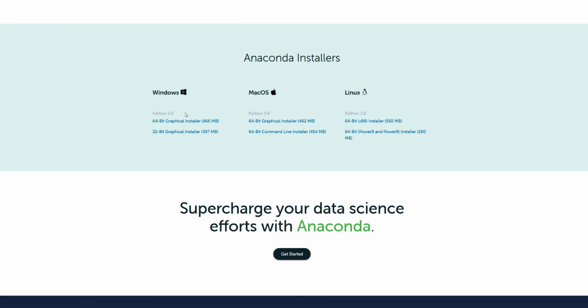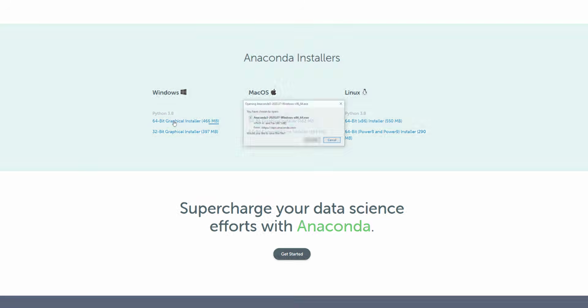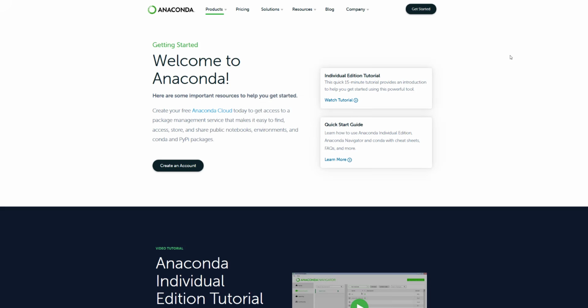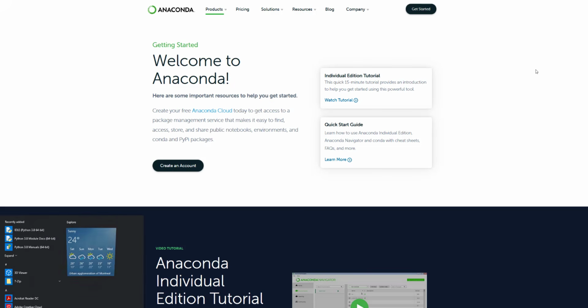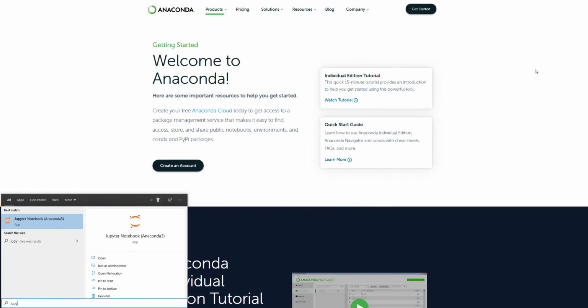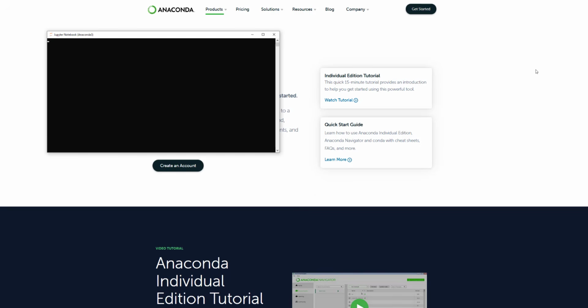Now in my case I have Windows 64, so it will be the graphical installer. If you're on Mac or on Linux, choose the one that suits you best. Once you click on it, you can download and save the file. Now I will not do this since I already installed it on my machine, but once it is downloaded, you can simply follow the instructions on the graphical installer. And once everything is done, you should be able, at least on Windows, if you hit the Windows key and start typing Jupyter with a Y, simply type Enter.